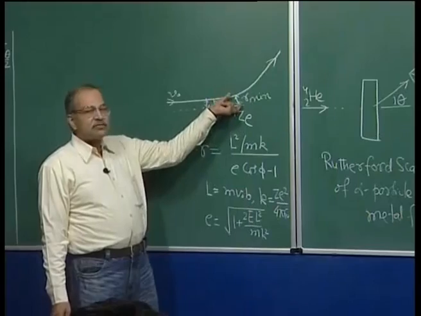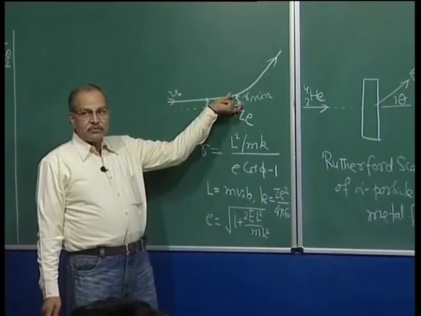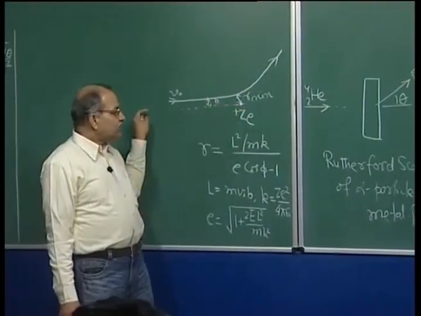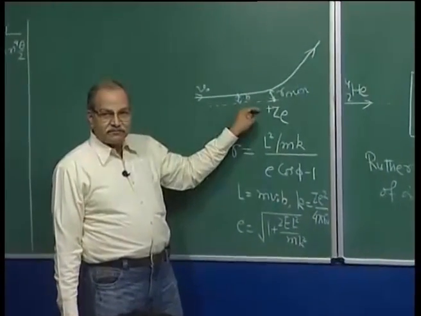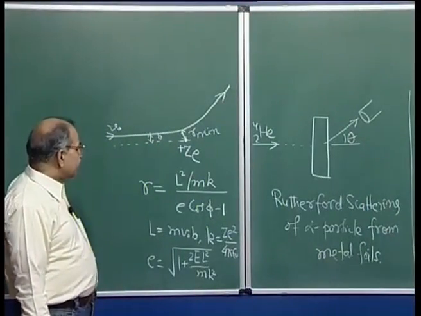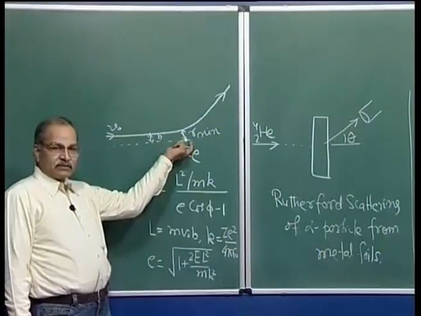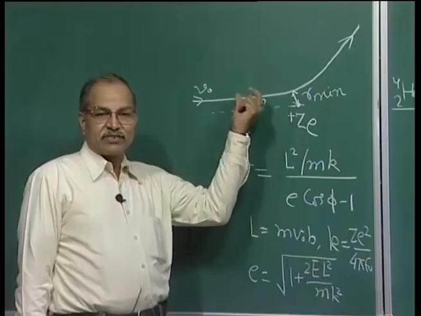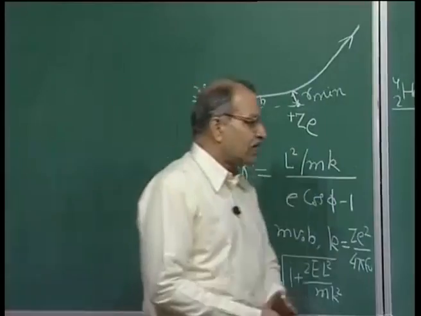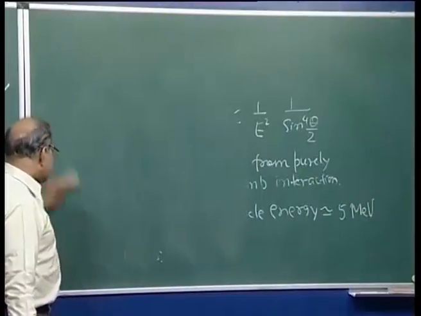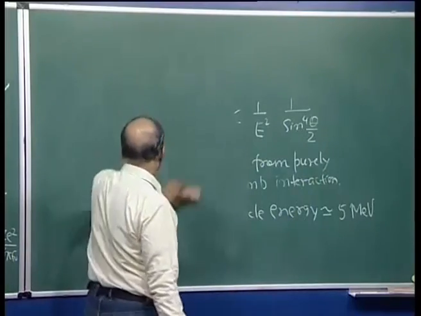To get an estimate of this minimum, I will make some simplification and I will just look at the head on collision. So, if the alpha particle is directly heading towards this nucleus, what is that minimum distance it will reach? That is very simple, you do not have to go into that hyperbolic path and all that. Why am I interested in that? I want to see if